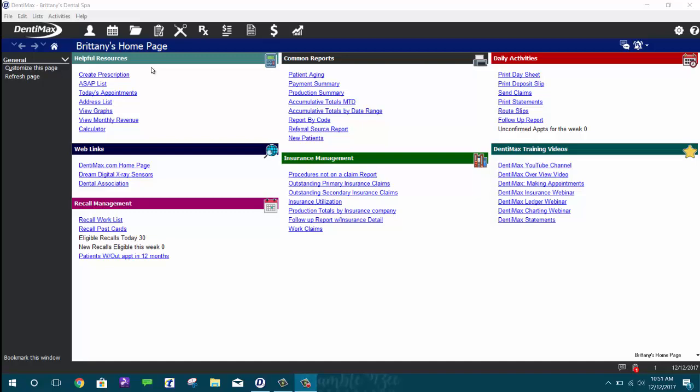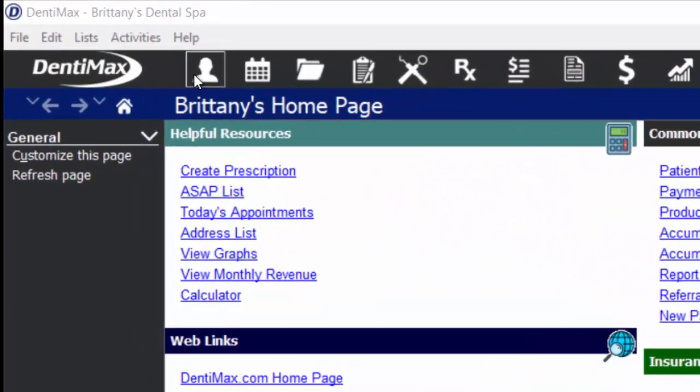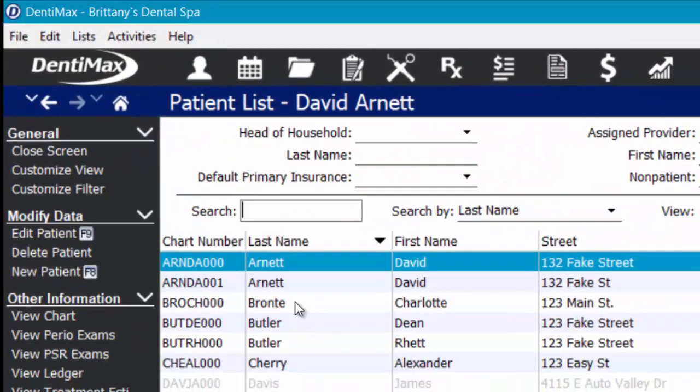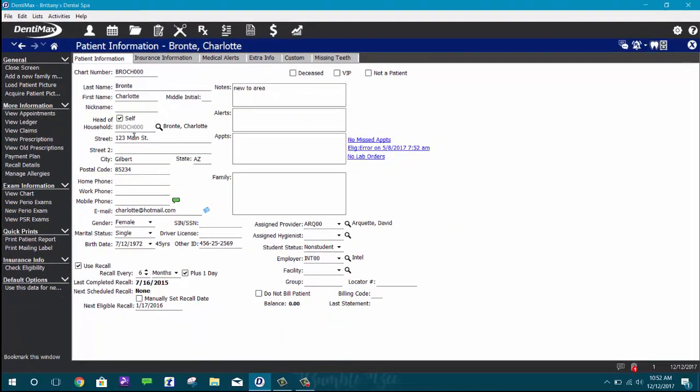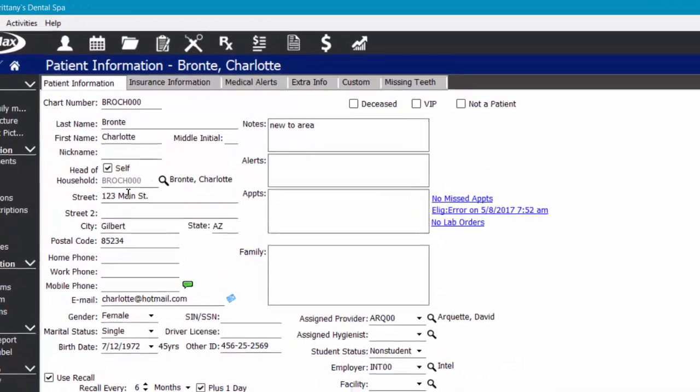Today I'm going to be showing you one of the great new features in DentiMax 18. For starters, I'm going to come to my patient list and simply select one of my patients to open their patient information screen. And what I wanted to show you today is the new statuses that we've put into the